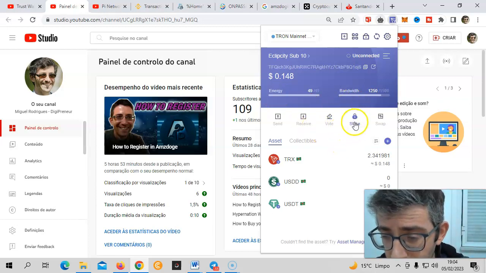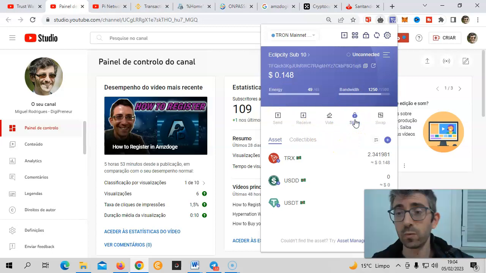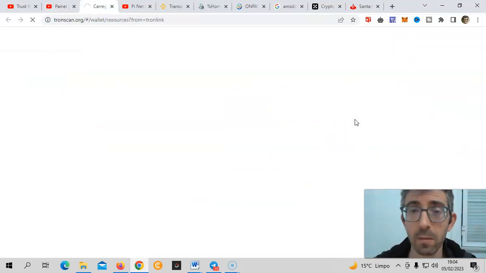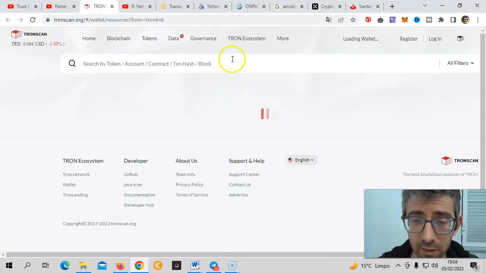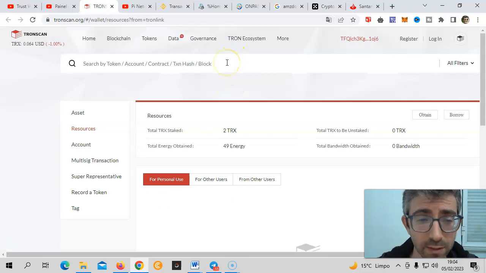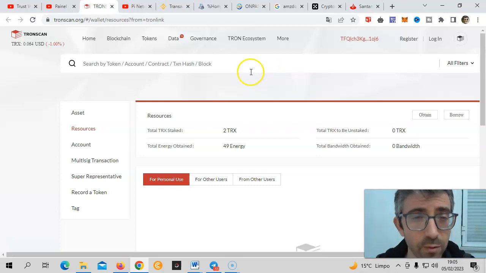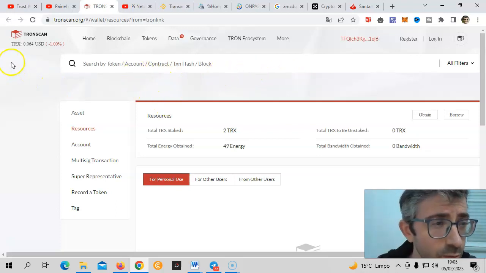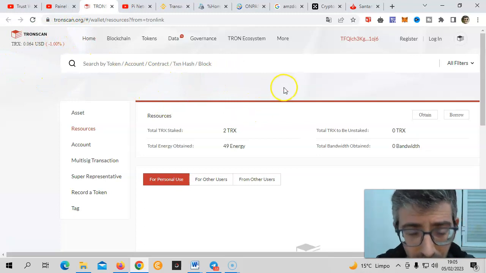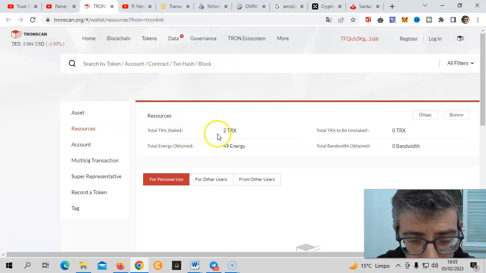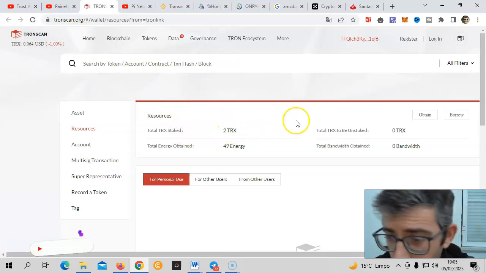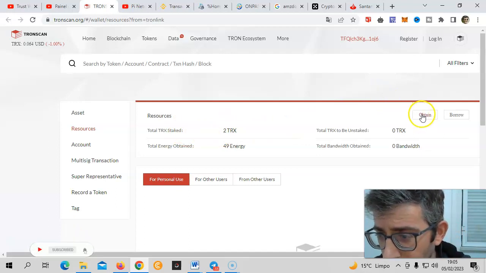So what you need to do is click on stake, and you are going to stake a portion, like 2, 5, 10 Tron, 15 Tron, whatever you want, to add that energy to your wallet, so that you don't start losing some Tron in that process. So you click there, you go to tronscan.org, and on this wallet I have 2 Tron available. What you need to do is click here, obtain,